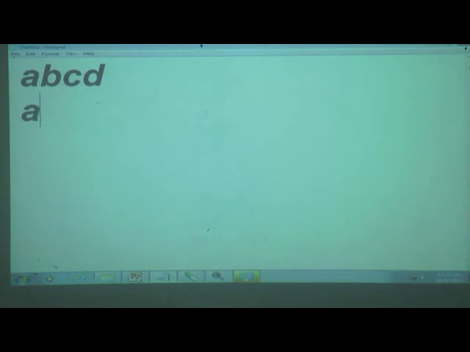Then A, then give space. Space means press the space bar, then B, space bar, C, space bar, and then D. You can see the difference between using the space bar key and without using the space bar key. Here I am writing this ABCD directly. I am not using any other key, so you can see it is a small ABCD. But if you want to write the capital ABCD, then how to type the capital ABCD?